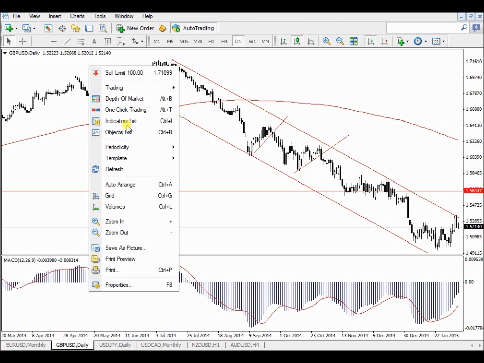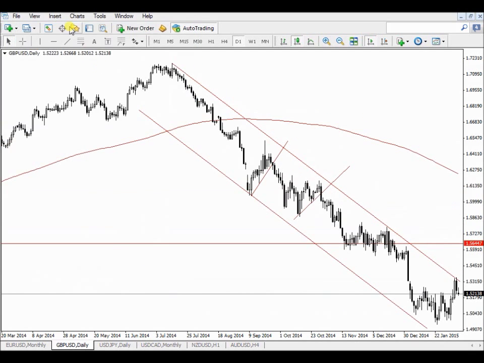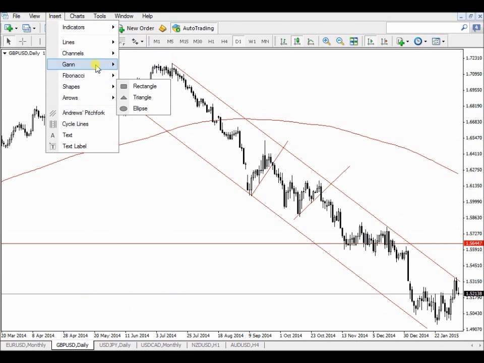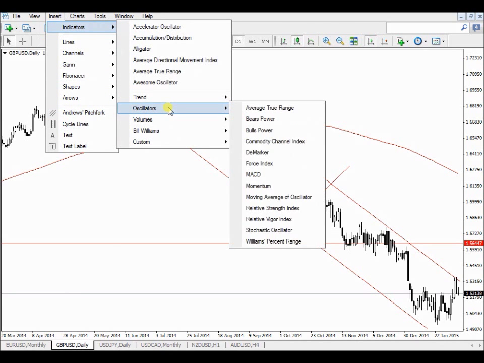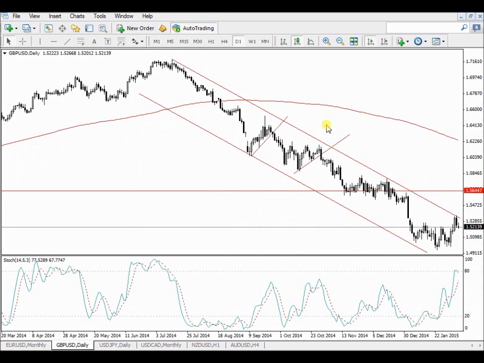Sorry, I don't want to use the MACD now. Sorry guys. I want to use the stochastic, and I'm going to show you how the indicator will help me. There you are. And if you want to double check your trade, you can sell when the indicator is at the high and crosses down. Alright, so let's look at this bear market. I'm not going to look at any buy in this market, so I'm not going to look at my indicator at the bottom, because the bottoms will show me buy areas. I'm not buying in this market, I'm going down.